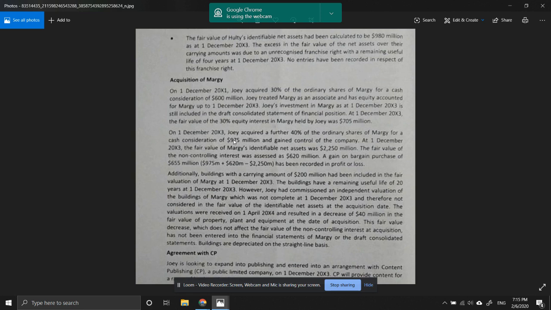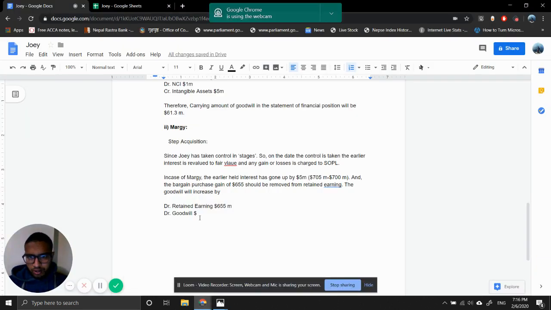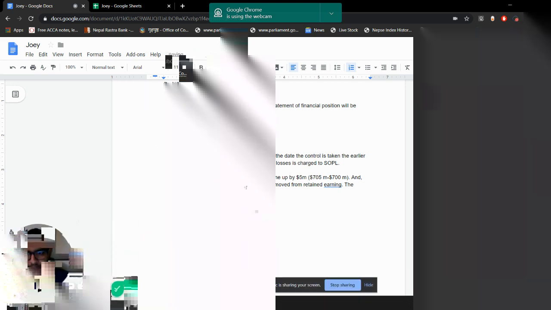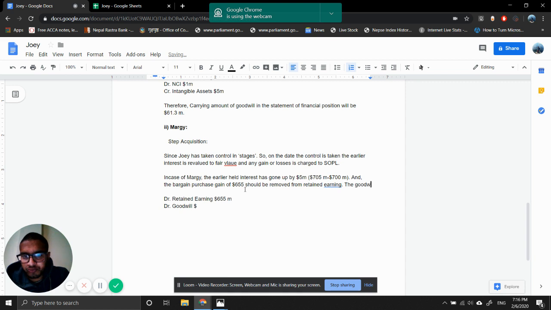So how much was the earlier held interest? So goodwill will increase by the equity accounted investment in Margie